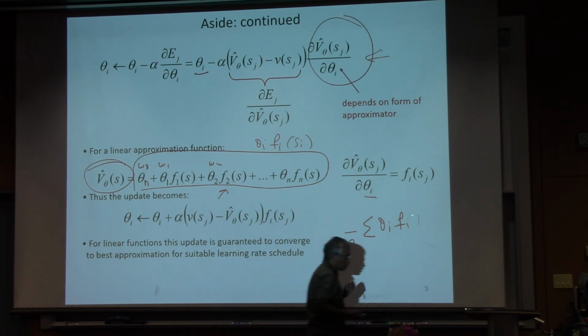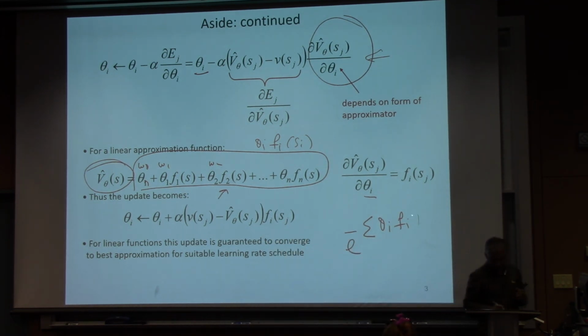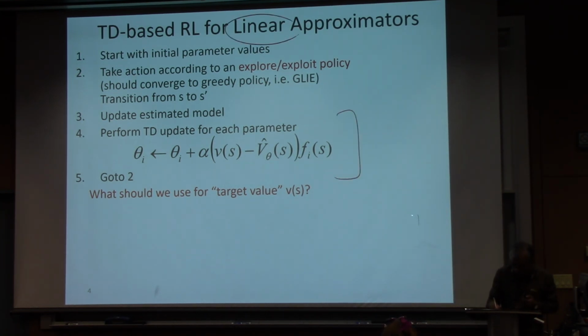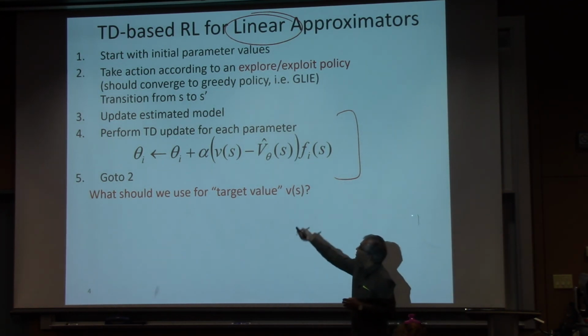Okay, so that's what you basically got, and then if you just make this change repeatedly, then all the theta weight values will essentially come to a local mean. That's the basic idea. So, in temporal difference learning for linear approximators, and I'm just repeating what I said last class because I'm going to go from there, it is essentially just like the normal temporal difference learning